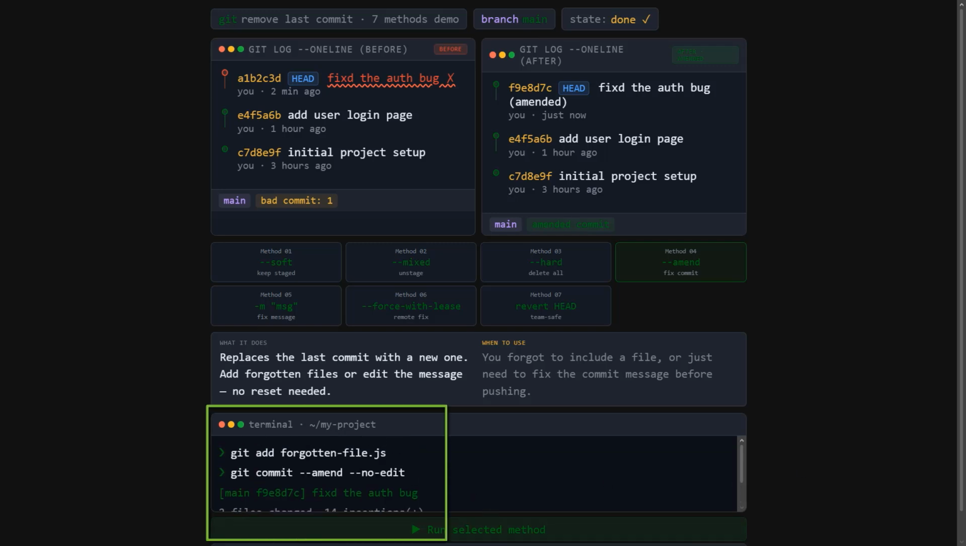It lets you edit the last commit. You can change the message or add a file you forgot to include. For example, you just committed and you realized you forgot one file. Just add it and amend. Important note, amend rewrites the commit. So use it only for commits you have not pushed yet. So let's copy this command